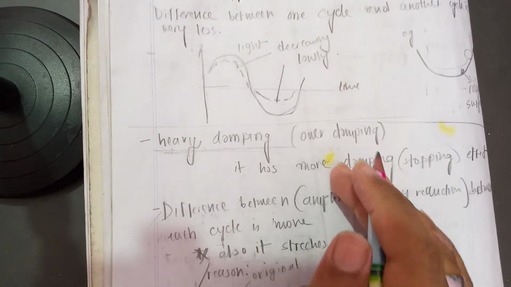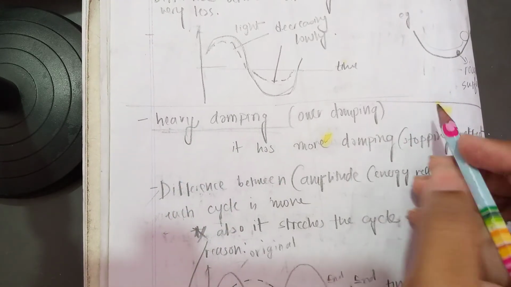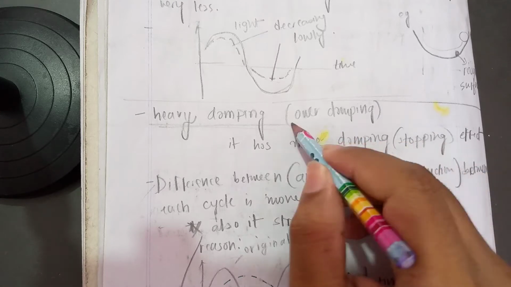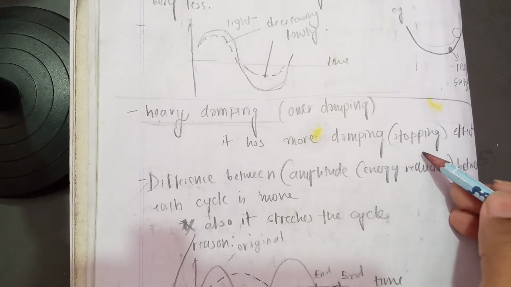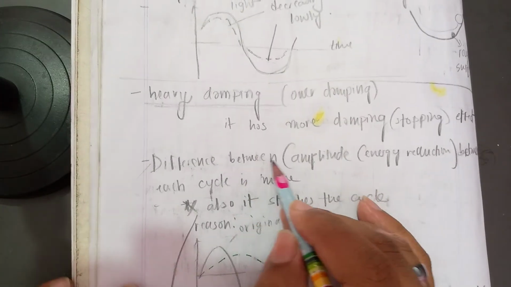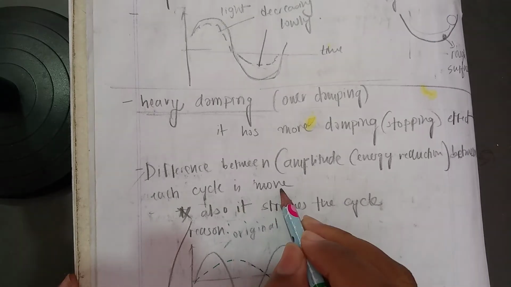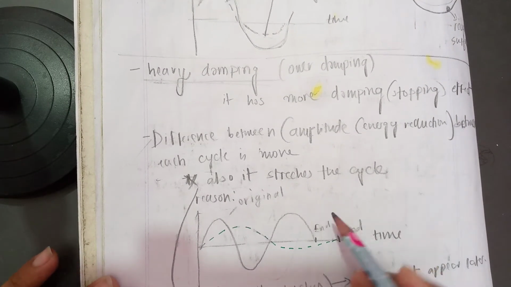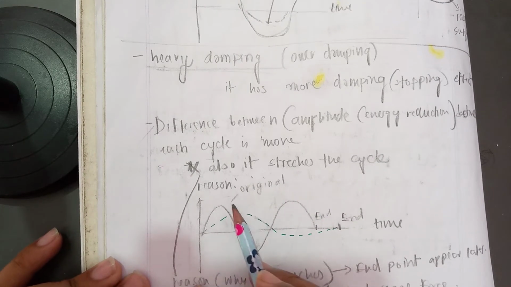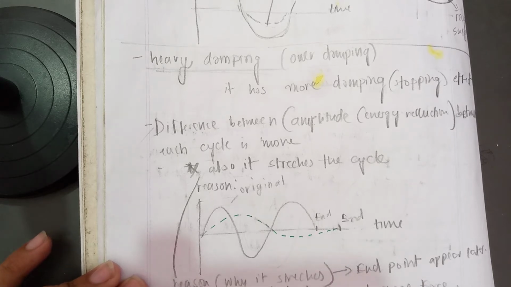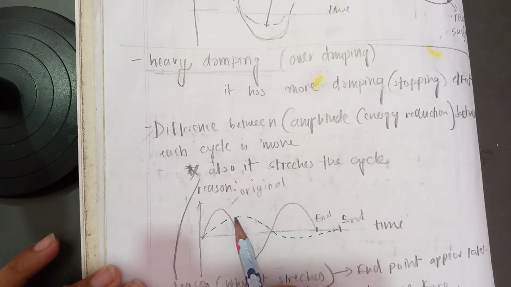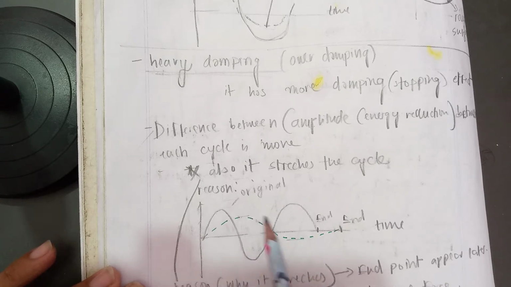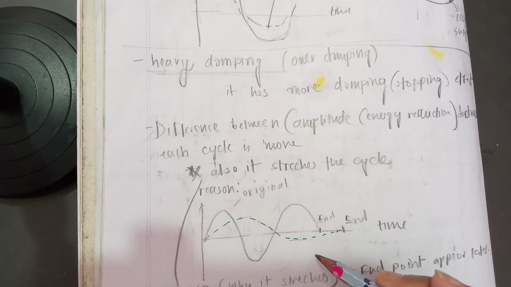And let's continue to the second one, which is the heavy damping. We can also name this over damping, and it has more damping effect, or we can say the energy reducing effect or stopping effect. So the difference in the amplitude or the energy reduction between each cycle is more. If you look at it, this is the oscillation we had before. So now what happens is the amplitude in each successive cycle, it's not a complete